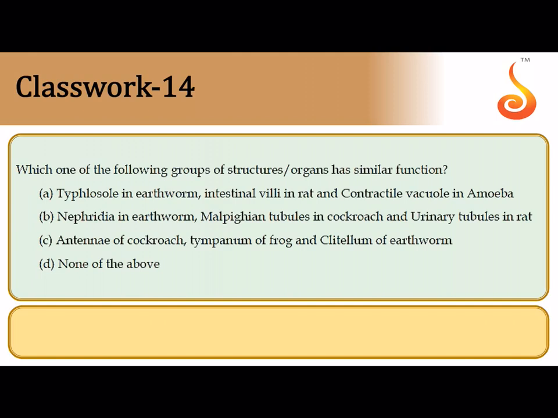Which one of the following groups of structures or organs has similar function? Nephridia of earthworm, Malpighian tubules of cockroach, and nephrons or urinary tubules of rat. Did you notice all of them are excretory in function? So all of them have the same function to perform, and therefore we say that they all have a similar function, but they are modified slightly, and in terms of their complexity also they are different. They are seen from lower organisms like earthworm to the higher organisms like mammals, which is rat. So that is about the